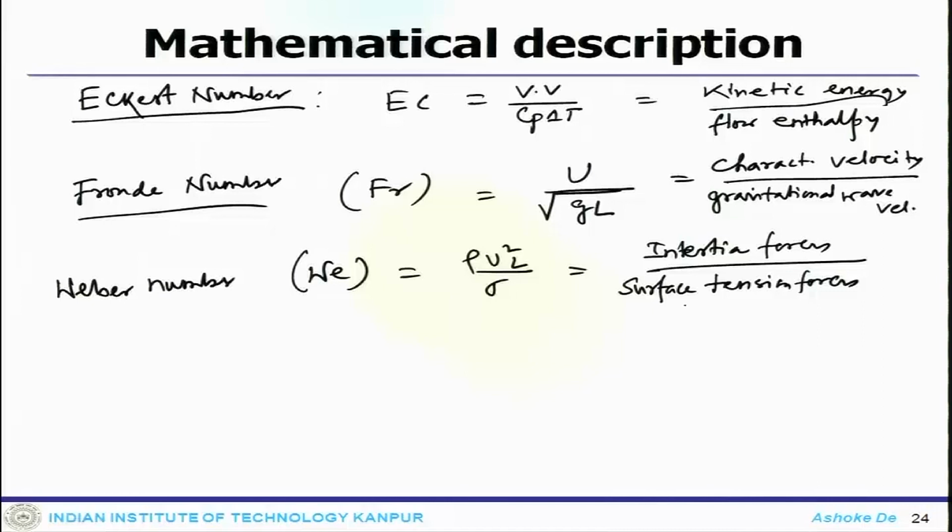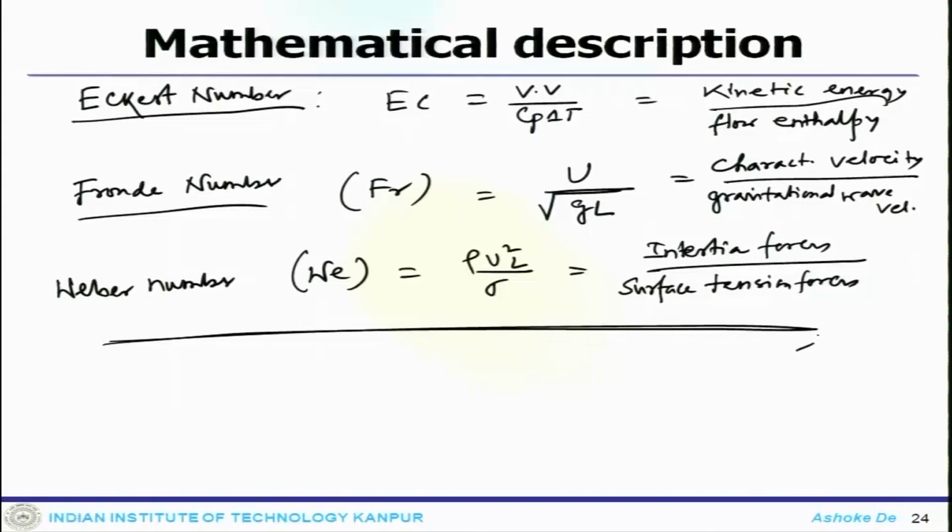So, these are the non-dimensional numbers that you need to know when you non-dimensionalize the system. Under different conditions you come across different numbers. What we have talked about so far is all the governing equations and their non-dimensionalizations, and once you do the non-dimensionalization, what kind of numbers you come across. So, we will stop here today and we will take it from here in the follow-up lectures. Thank you.